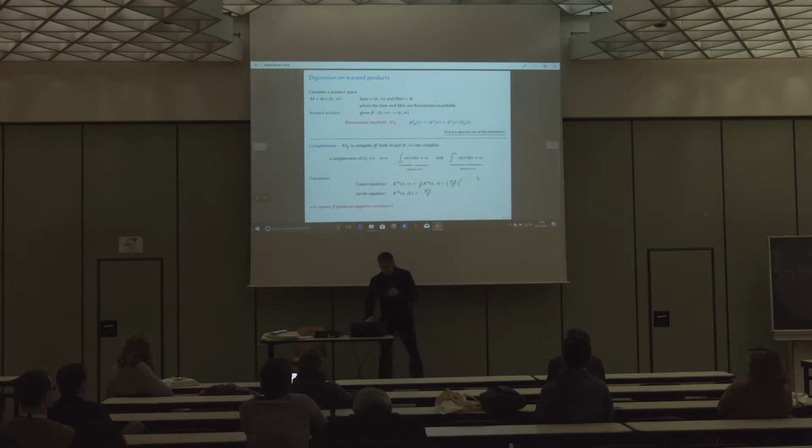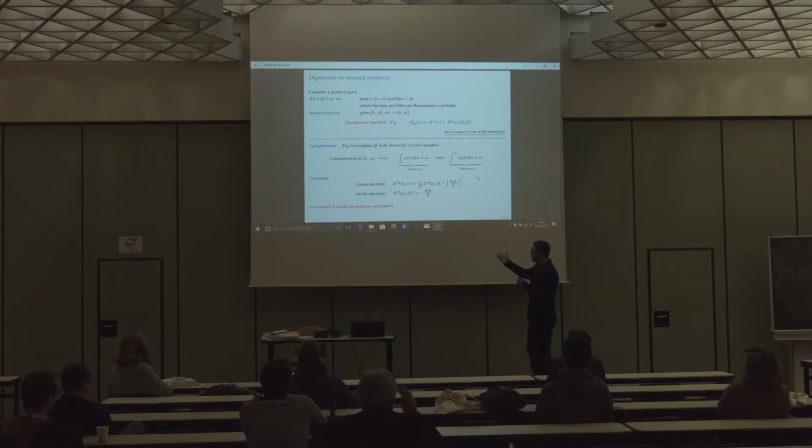Onto something more technical. In fact, the completeness and curvature of warped products is characterized analytically. For instance, M beta is complete if and only if both the fiber and the base are complete. Completeness of the base is equivalent to divergence of both of these integrals. The first integral is distance to 0, and the second integral is distance to infinity. So if they are both infinite, it's impossible to escape, neither from the bottom nor from the top. Hence completeness.